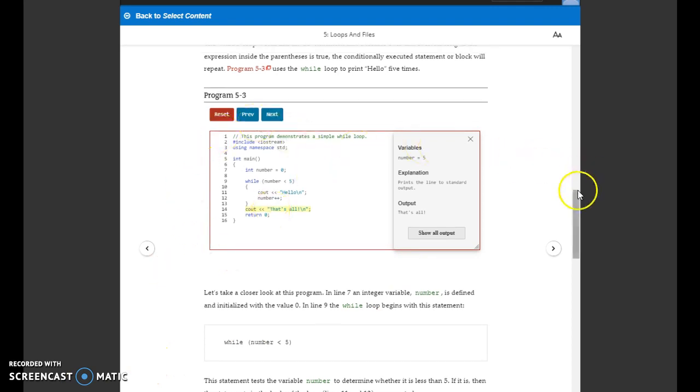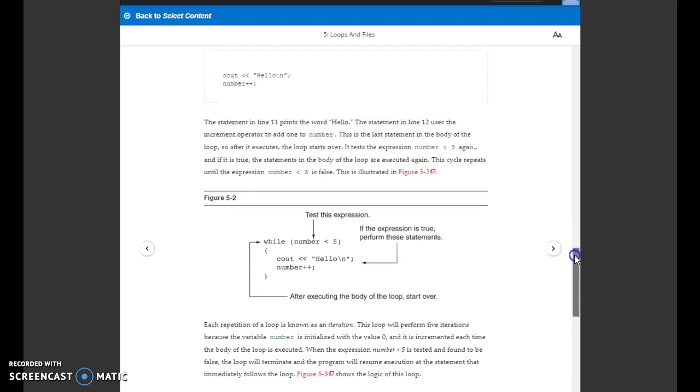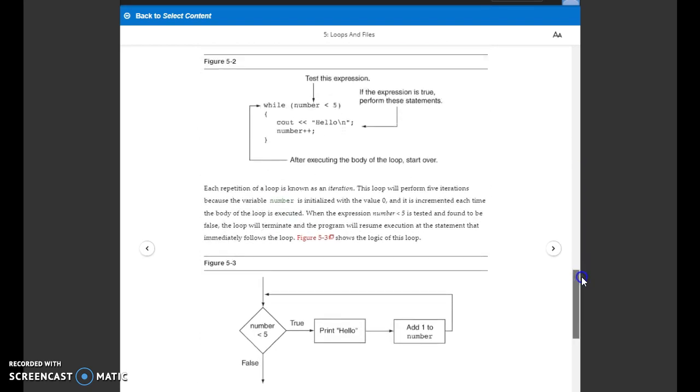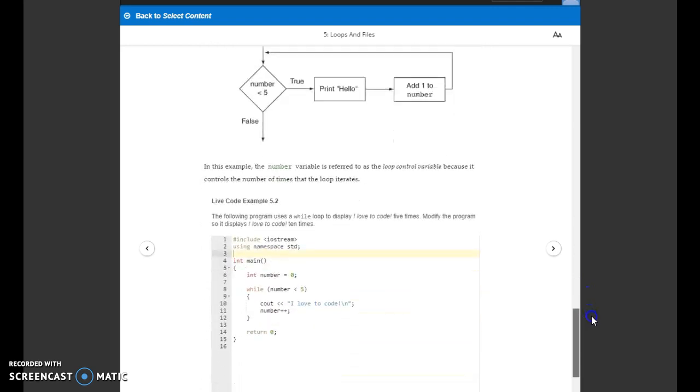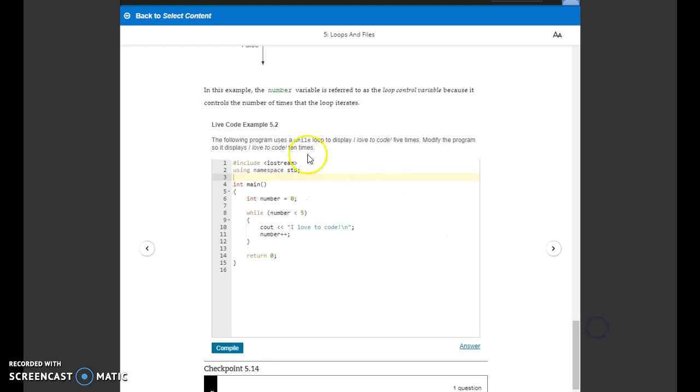As we continue down the REVEL product, we can scroll down and continue into the sections. Here's a figure for 5.2, Figure 5.3, and then you'll come across live code examples. Inside of these live code examples, which accompany the listing, students can write the code and run a program within REVEL. The students are prompted with areas to modify the code, run the program, and observe what happens with their code. Inside of this one, which is 5.2,